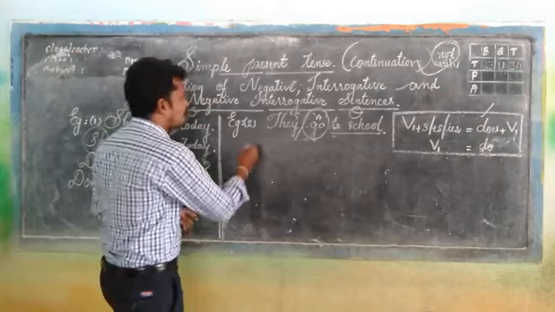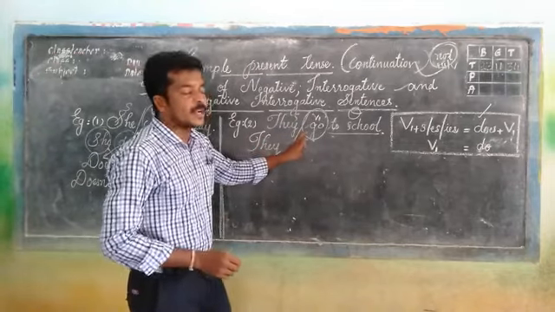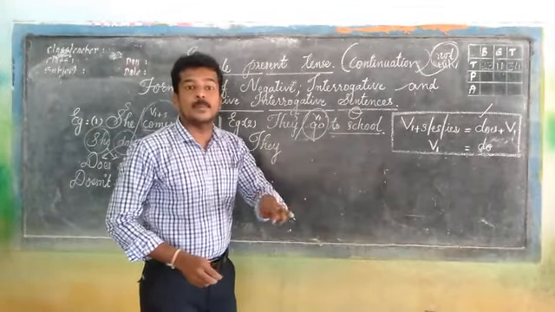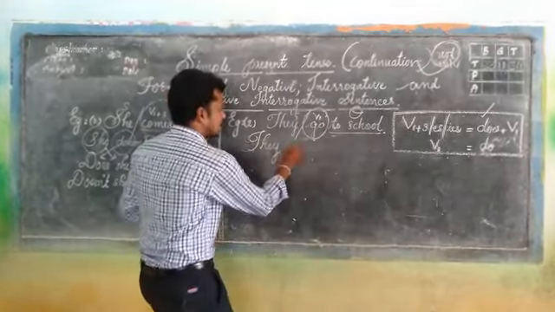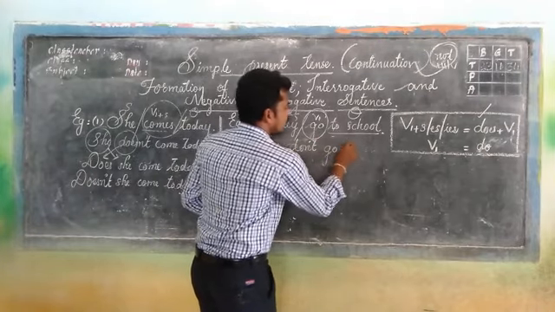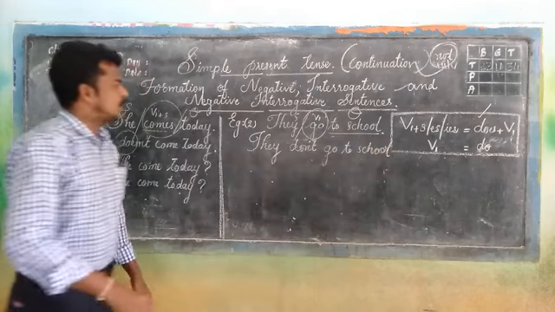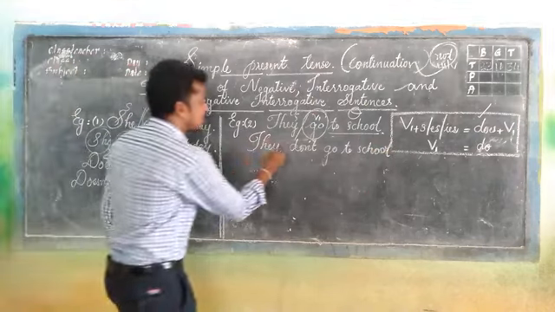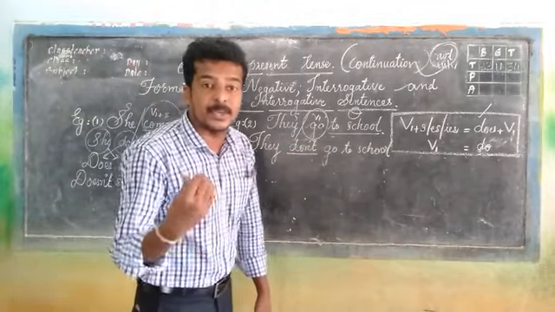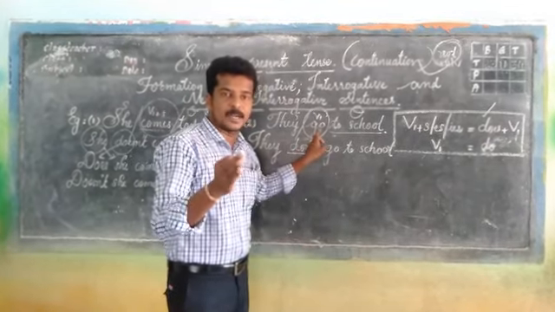So the negative form is they. As I told you, since verb 1 is used, we can make use of do to make a negative sentence. Do plus not, and that is don't. They don't go to school. Now the sentence is a negative sentence. They don't go to school because the negative form not is used here along with the do. And why did I use do as a helping verb? Because the verb form is V1.